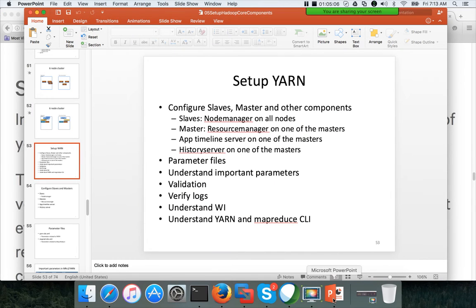And also, once we complete the course, I will review the capacity planning. I will spend at least half an hour to 1 hour only on capacity planning, keeping each and every component in the cluster in mind, not just HDFS or YARN. And also, I will show how we should set up the cluster using all the components at a time, rather than adding one component at a time. You should be in a situation where you can set up the cluster in one shot.